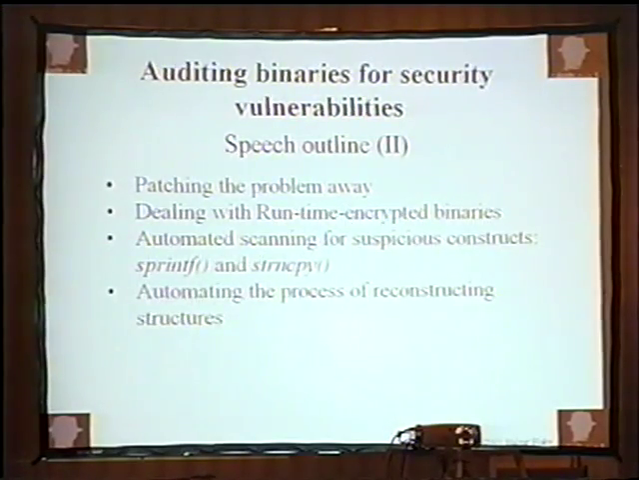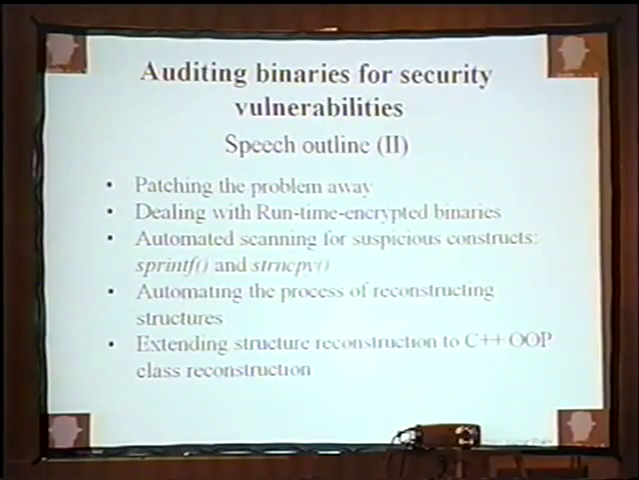Afterwards, I'll go into the process of reconstructing structures automatically, which you will need to do in order to analyze more complex software which uses lots of structures. And then I'll speak a bit about how to extend this to OOP code, how to analyze stuff like IIS, which is a pain in the rear to reverse engineer without being able to reconstruct classes, because OOP code is really ugly when disassembled. And unless you can reconstruct class data structures,